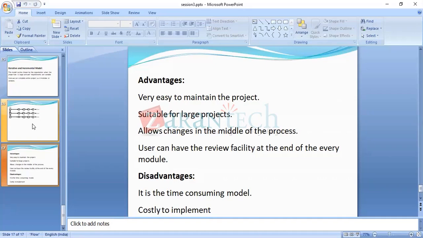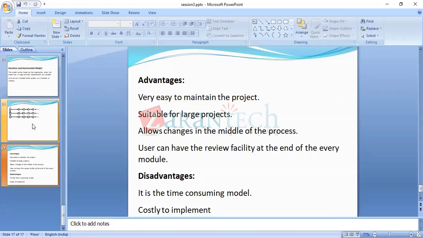See, if 20 years it takes for one project, is this large or small? A large project.